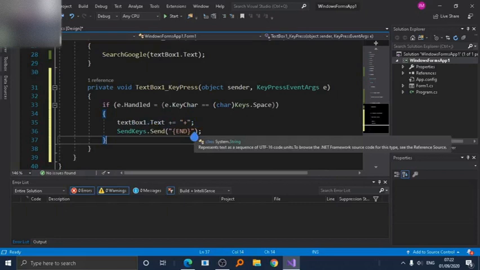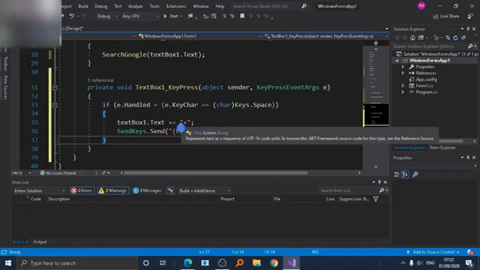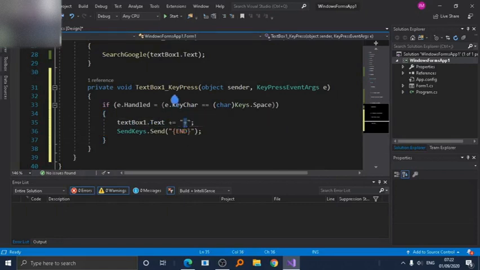So what this code really does is that basically when you press space, it will add the plus. The plus sign is critical because as you can see here, Google, every single search query on every single website uses plus as a space. So yeah,